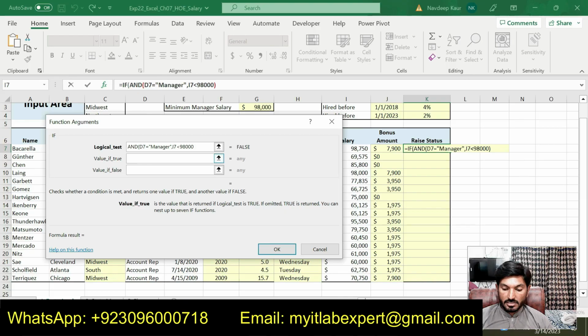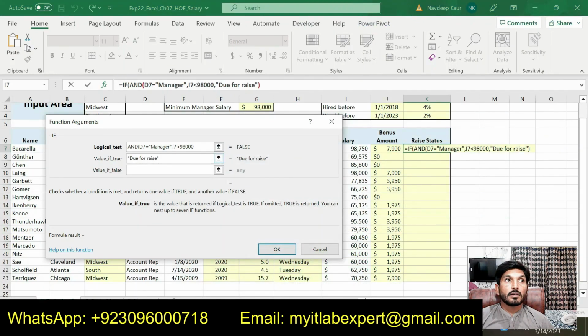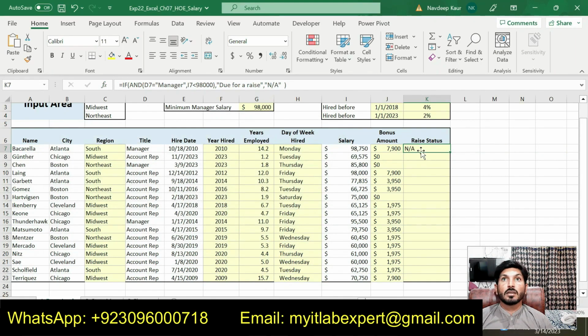So if it is due, it will show due for raise. That is given in the requirements. It will show due for a raise. Otherwise, it will show NA. So now we will click OK, and you can see that the title is manager, but the salary is not less